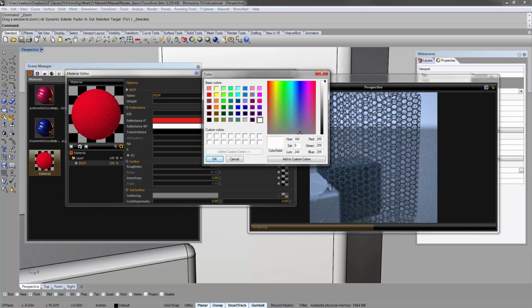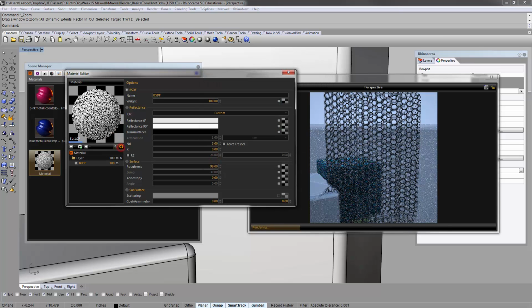Or white. Now, for white materials, it's always a bad idea to have the RGB values at 255, the maximum. Usually, you can just drag this slider down to around 230, say okay, refresh it,